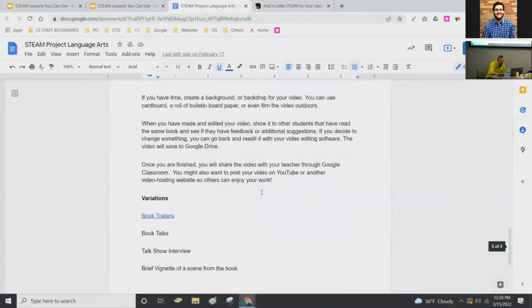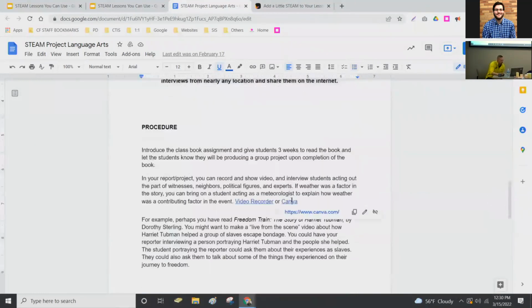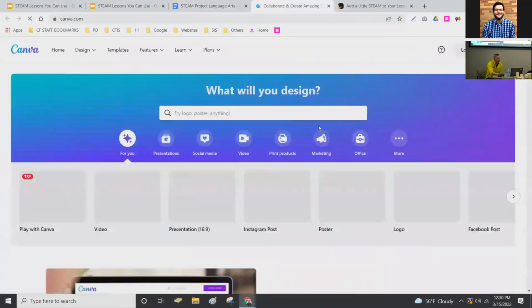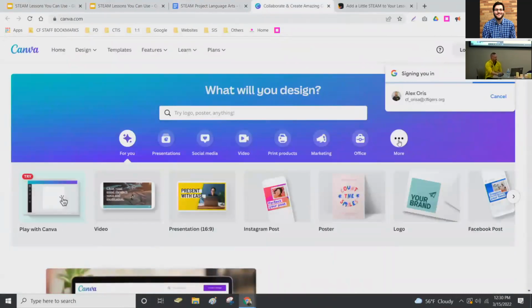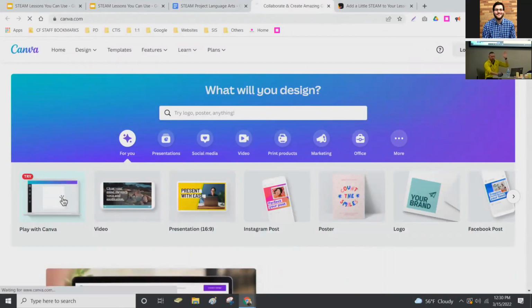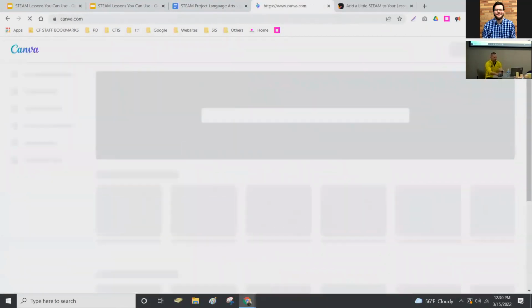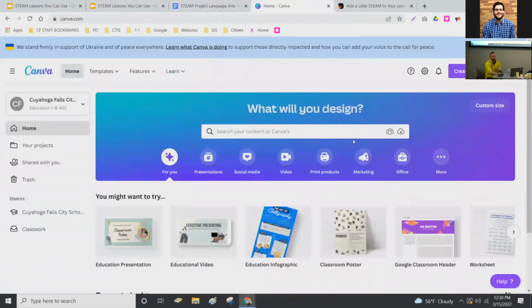I think though, if you haven't looked at Canva, that's what I wanted to spend most of my time showing for this lesson. So how many people use Canva already? Probably quite a few. Has anybody used the video part yet? Yay, something new. With Canva, it's Google sign-in enabled, so students can sign in and it saves all their work. You can import Google Classroom and manage through that as well.